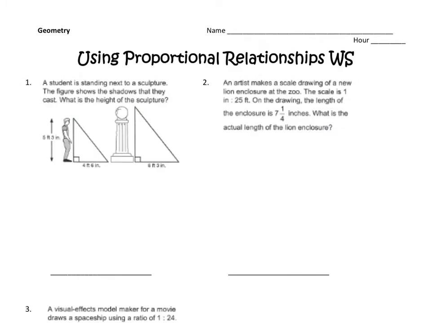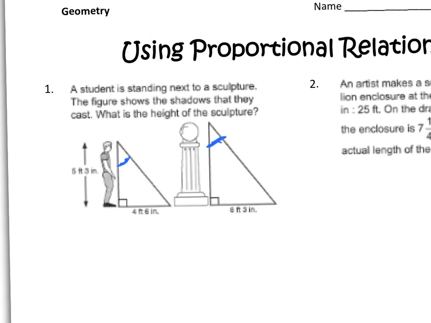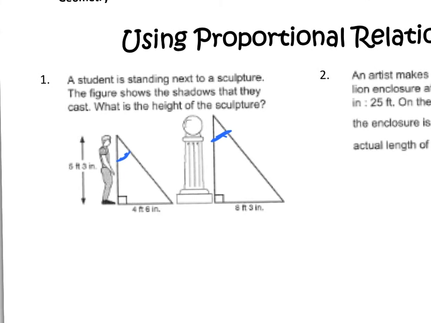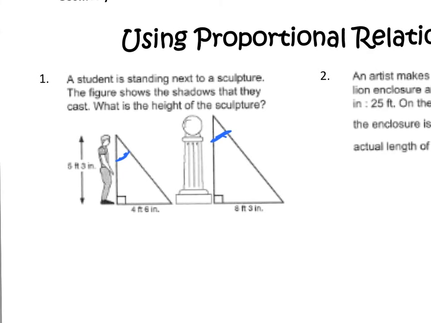So this problem's on our assignment. Here we have someone standing up with a shadow. Now, these two triangles are similar to each other. We know that because these two angles are congruent, which they're both right triangles, so that means they're similar because of angle-angle similarity. So then the sides are